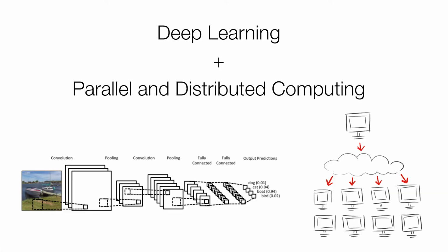But in response to this, there's a natural thing you might think about. We want to use deep learning. People have used parallel and distributed computing a bunch in machine learning in general. So why not put them together and see what happens? If it takes a week, maybe if I use 100 GPUs, I can now get it down. If I get linear scaling, it could be a really fast problem. And that's what we often see for linear models and other simpler models when doing things in parallel on things like Spark. So can we do something similar for deep learning?